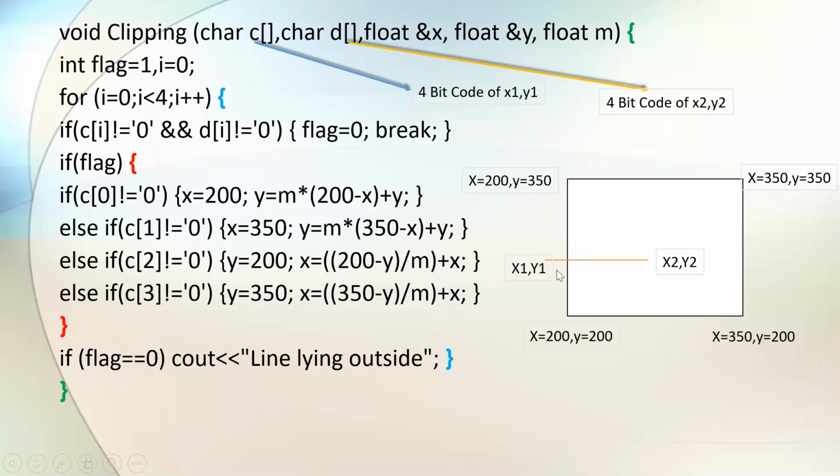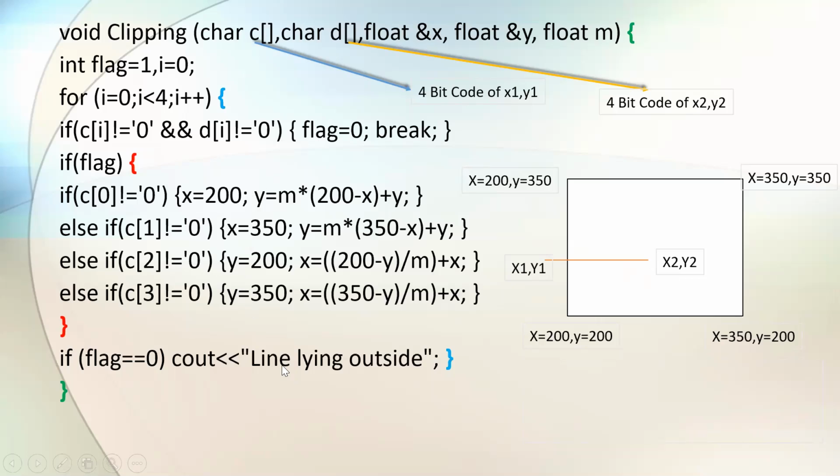So this particular process is going to be repeated until all the intersection points have been calculated for all the given lines. So since I have only one line, x1 y1 is taken, only one bit is high, so I have only one intersection point. The next point is x2 y2, for which you need not calculate the intersection point because it is completely inside. In that case, the flag will be 0, and no intersection points have to be calculated.